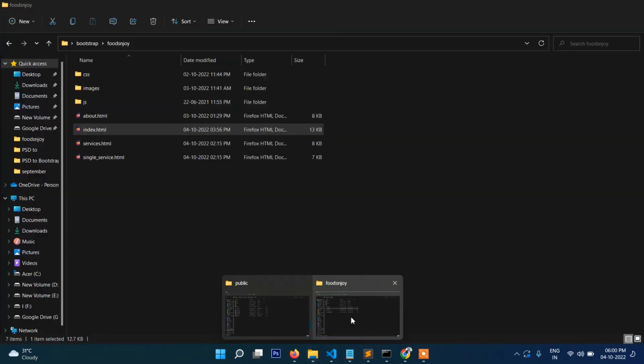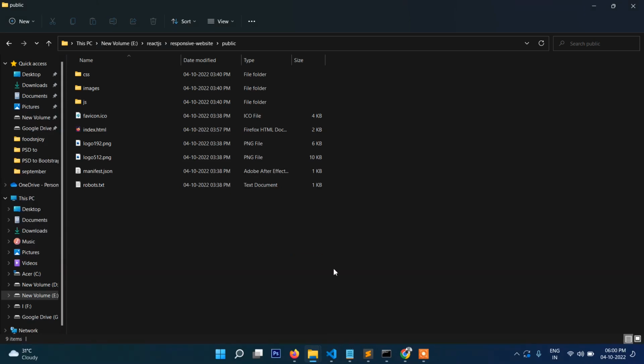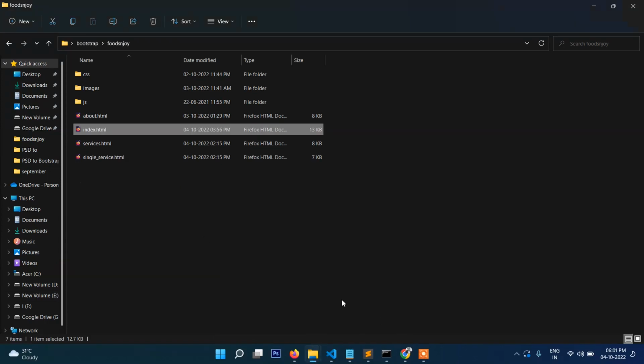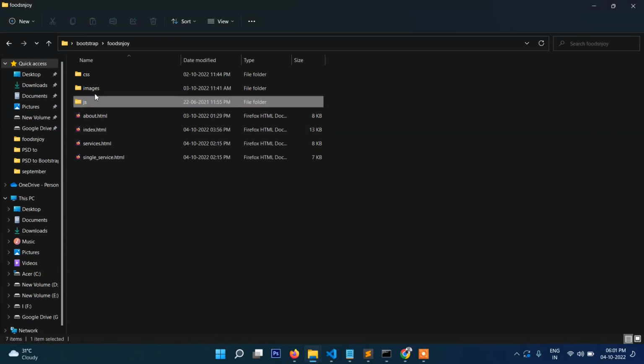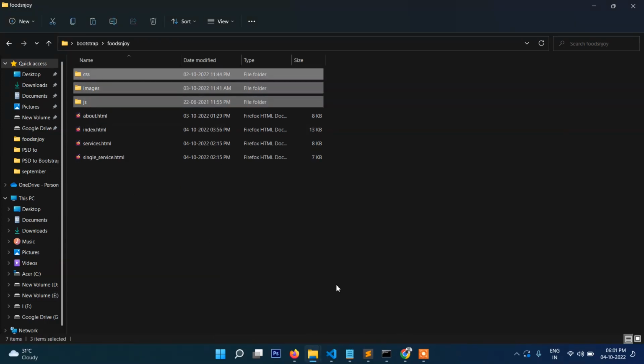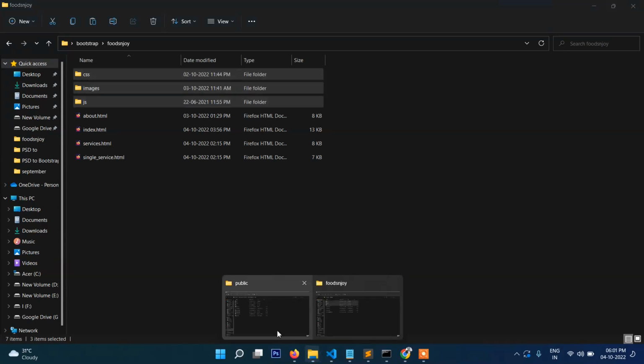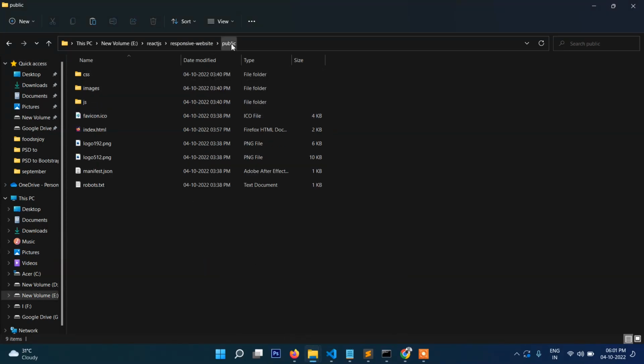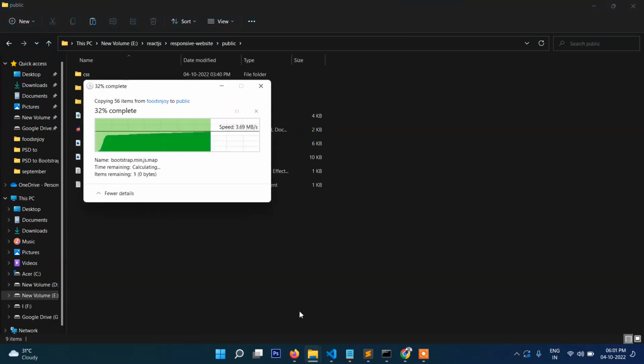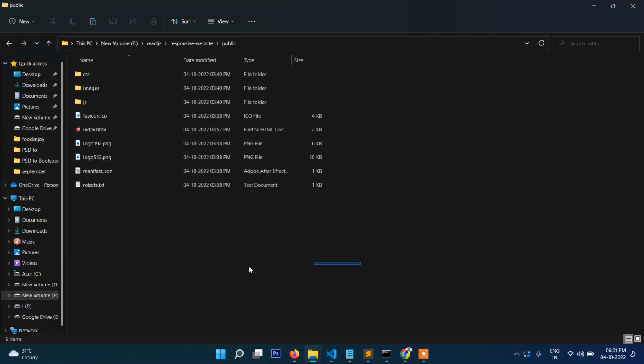Just I will paste here in this folder. No, not this one, actually here. Actually first we will copy the JS, images and CSS folders, and then paste them into your folder under public HTML. Actually I had already copied it, that's why it's saying that this file already exists. So no problem, I just copied, and the next step will be to